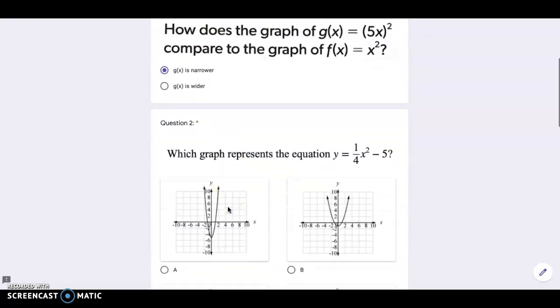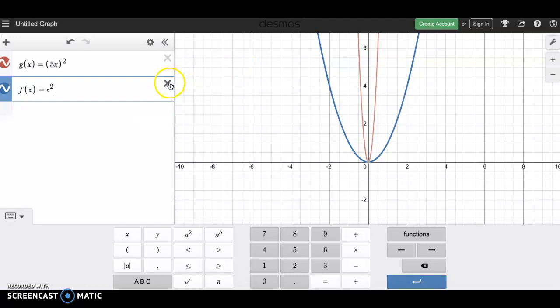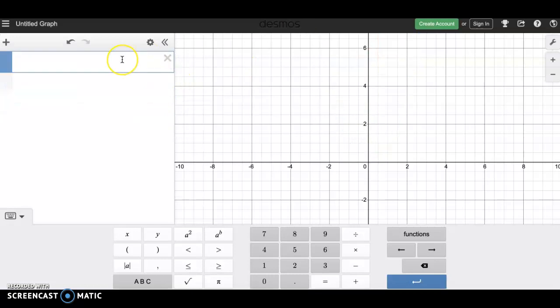Okay, I'm going to do one more. It's asking which graph represents the equation y = 1/4 x^2 - 5. So what I would do is graph this in Desmos. So I'm going to go ahead and go to Desmos and put in that function. Let me look at that function one more time. Okay, it is y =